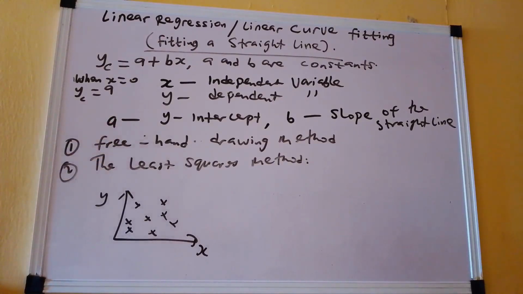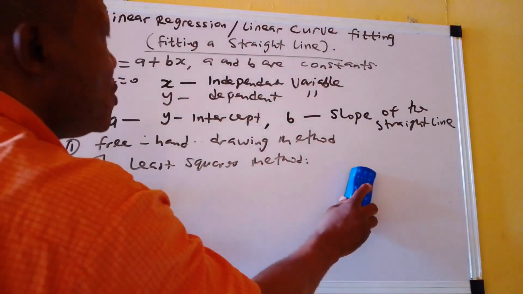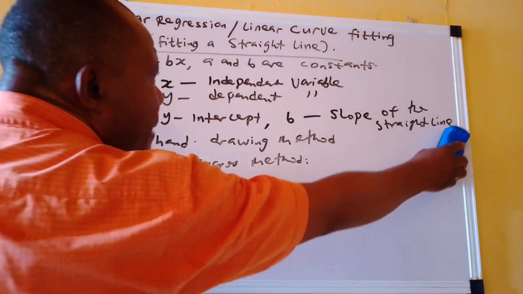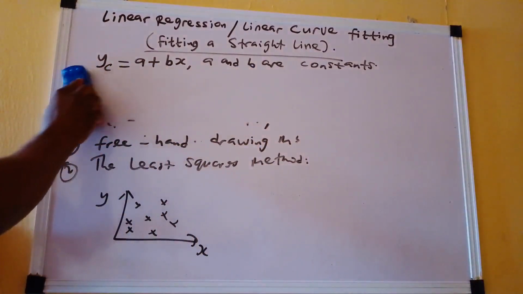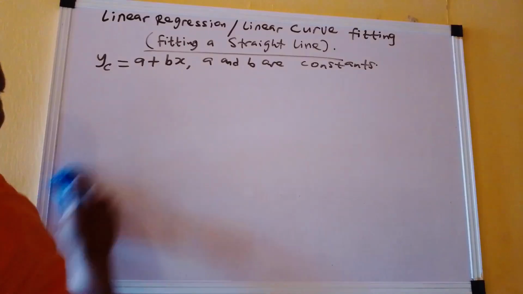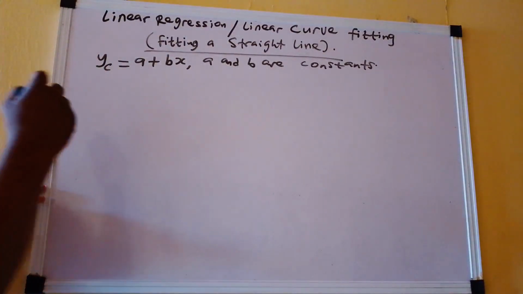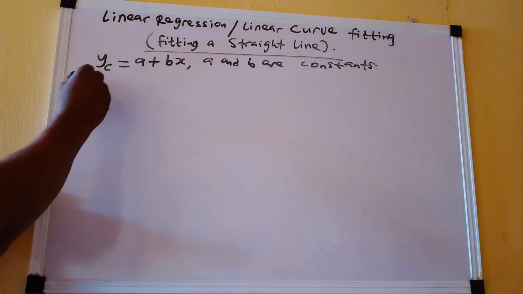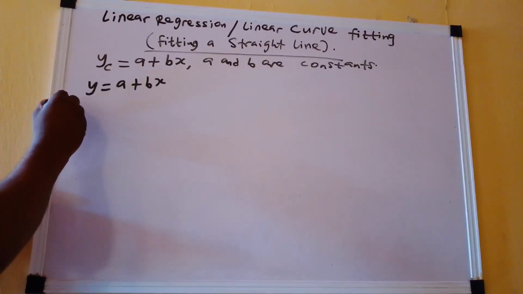Now, I've explained the freehand method and the least squares method. We will now be seeing how we can generate our normal equations using the least squares method. Permit me to clean this. So now we are going to see how we can generate the normal equations. Now, if we have y is equal to a plus bx,